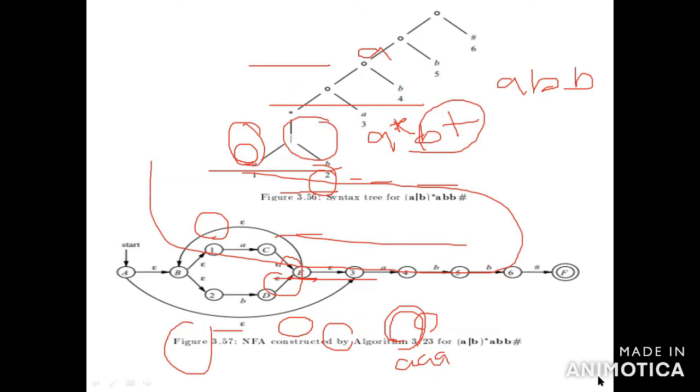I am giving homework for two problems: (a bar b) the whole star, a bar b, and the second one is (a star bar b star) the whole star. Similarly, you have to complete the two problems. This is only for your understanding; I am not forcing anyone. Anyway, to clear the examination you have to compulsorily solve the problem. That is the right way. When you are free, you have to watch the video and complete the problem.